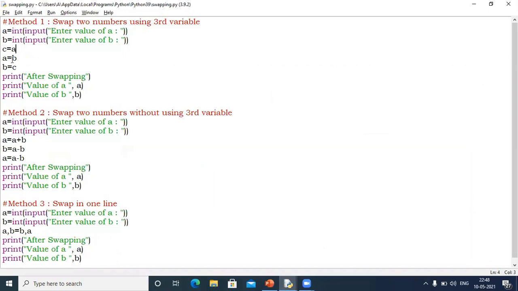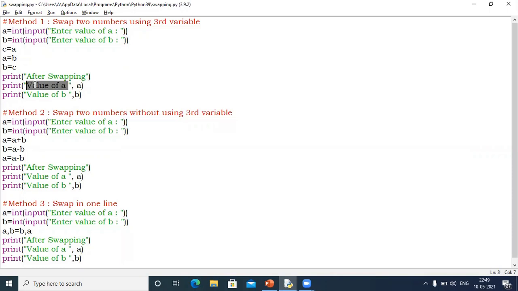Now, after doing this swap, I'm going to print my answer so that I can check whether it's working properly or not. First of all, I would like to display this message for the user after swapping: print value of A. This part will display as it is because I have written it inside double inverted commas.